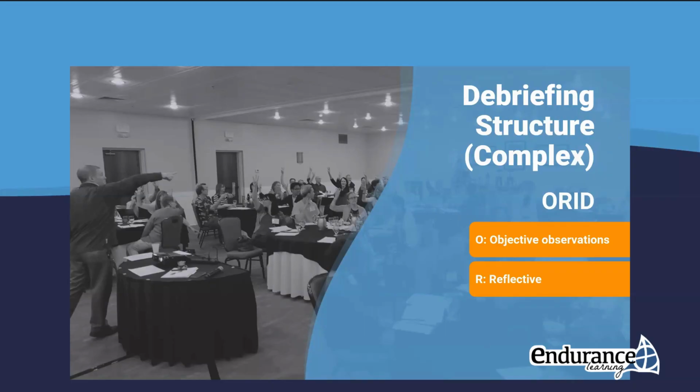So that's kind of more of the subjective observations, and then we figure out, okay, well, how do we interpret this? So what was the meaning of the outcome to that experience that we just had? What was the key takeaway? Why did this happen? And then finally, the D is the decisional. What's the next step or action plan? Now, there's lots of different structures. The simple stuff can be done just using some questions. The more complex strategies and structures need some practice, maybe even some training in how you actually do that.